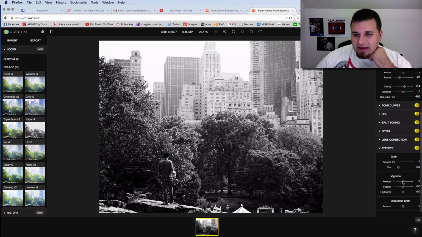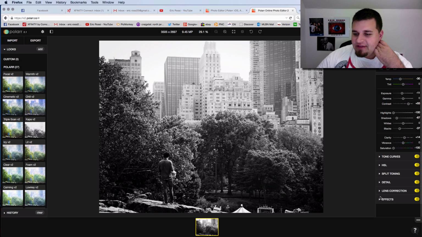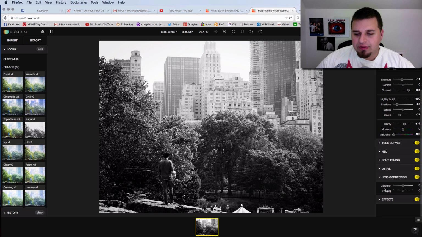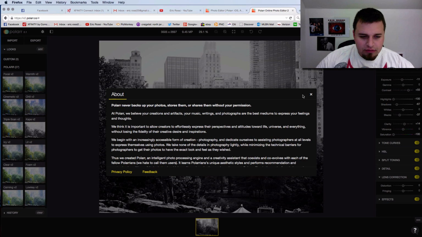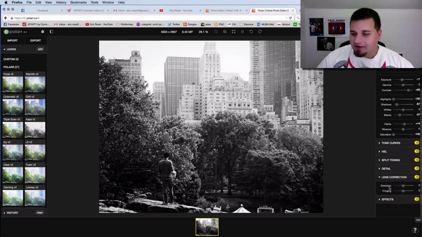I don't like the vignette in this. It's really too circular for what it is, but whatever, that's okay. Let's just see if it does lens correction. I believe this was my 24-70. I'm not sure because it doesn't give me the metadata. Does it? Nope, it does not give me the metadata. So let's just kind of see what it does here. Oh boy,